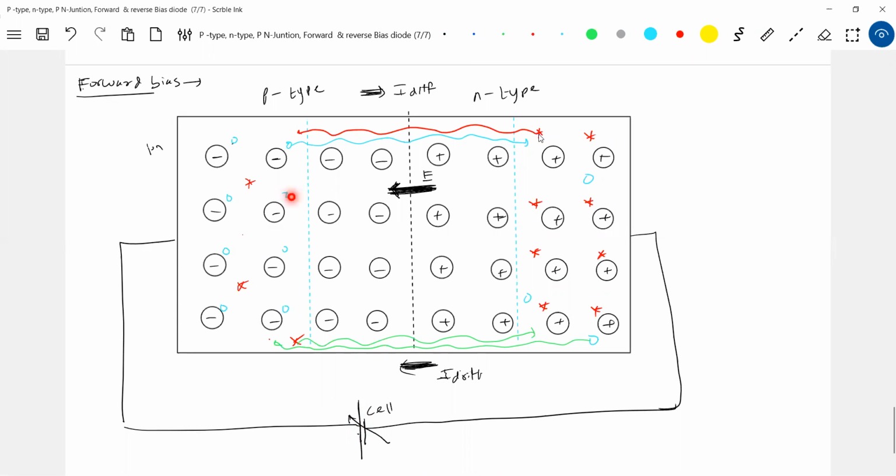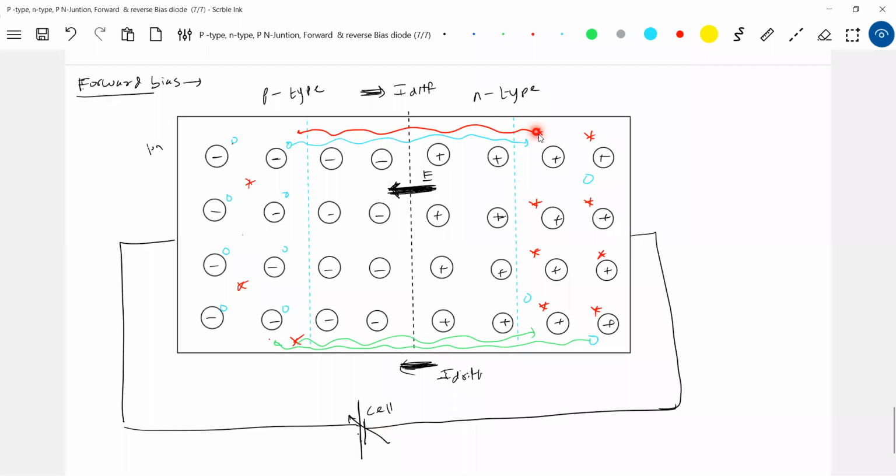So this one was not having sufficient energy. By the time it comes here, it was able to go like this and will be repelled back because it was not having sufficient energy. The moment I switch on this cell and start increasing the EMF, the holes which do not have sufficient energy to cross the depletion layer also start moving. Along with the most energetic majority carriers, the other majority carriers also start moving. The principle is the same. There's a negative terminal, there's an electron, a negative charge.